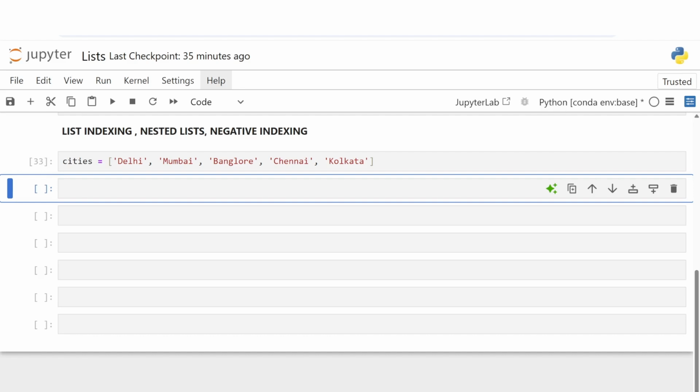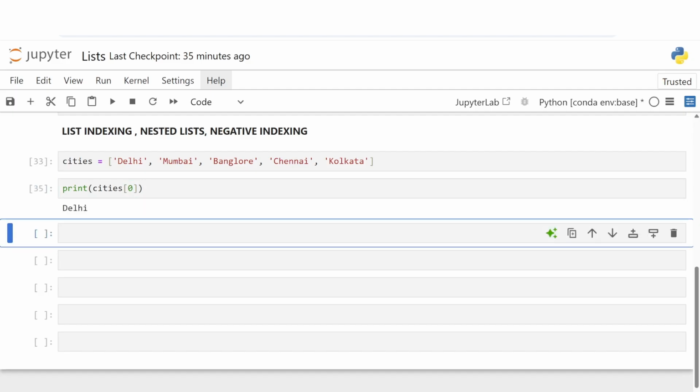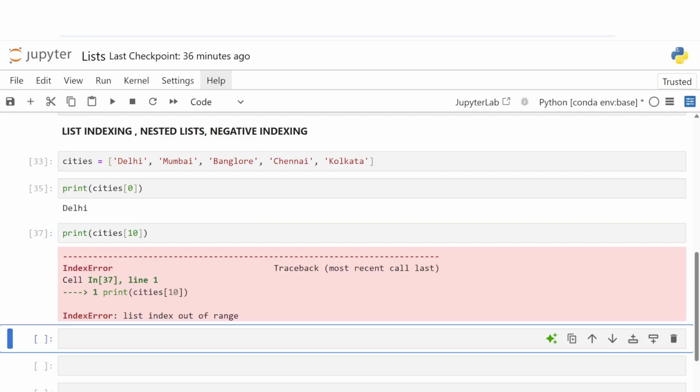Now, if we want to access the first element, we use print cities 0. Now, trying to access an index that does not exist will give an error. For example, if we give cities 10, so this is giving us an error. This error tells us that we are trying to reach an index that is outside the